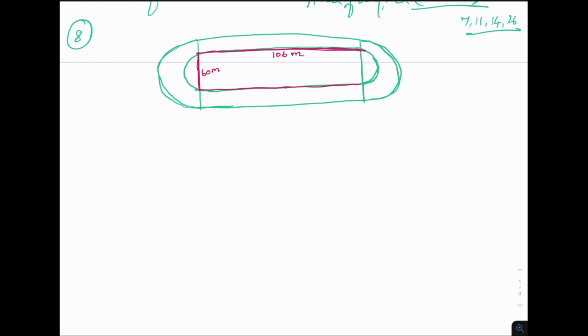Now, the track is 10 meter wide, so here we have track number 1, 2, 3 and so on. So altogether, what is the width of the track? That is 10 meter. All these are given in the question. Actually, what we need to find first is the distance around the track along its inner edge.